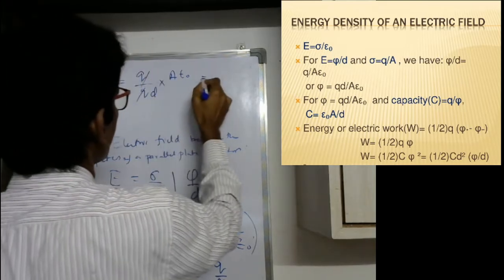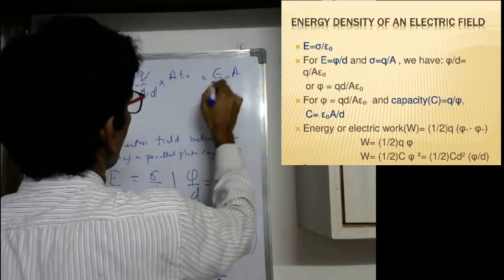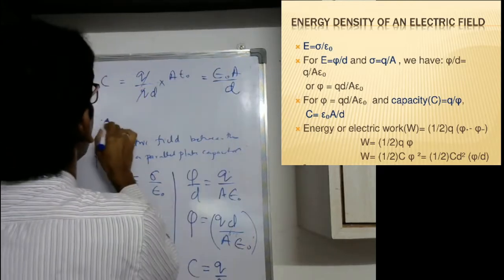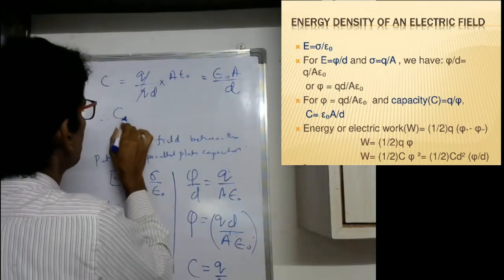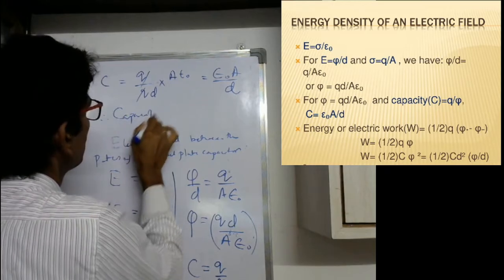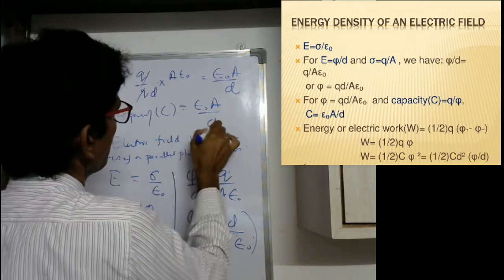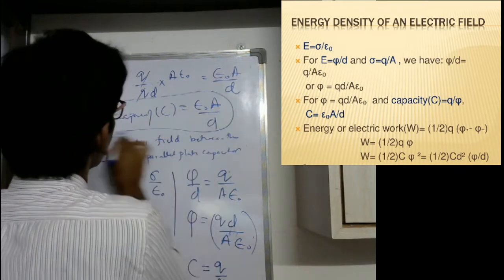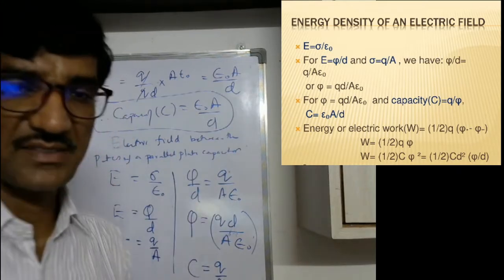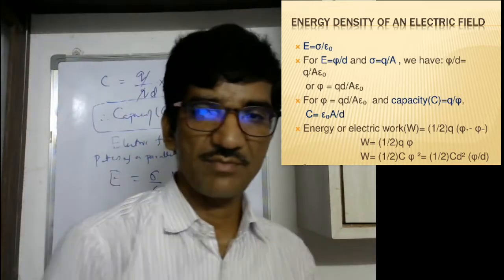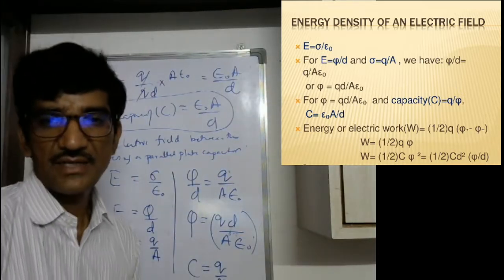Q cancels. This is equal to epsilon naught A by D. Therefore, the capacity C is equal to epsilon naught A by D. This is the formula for the capacity of the parallel plate capacitor. Now,